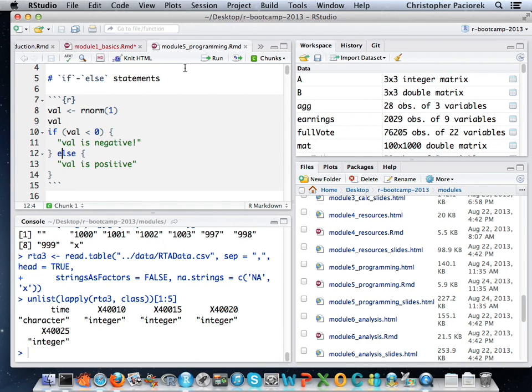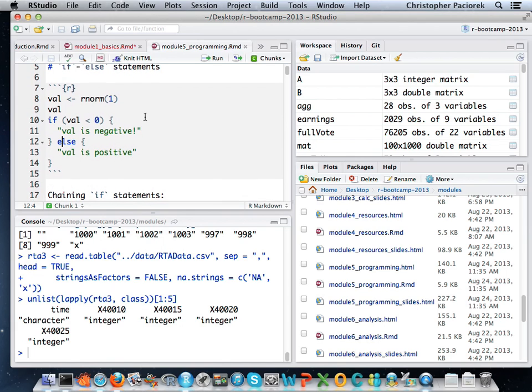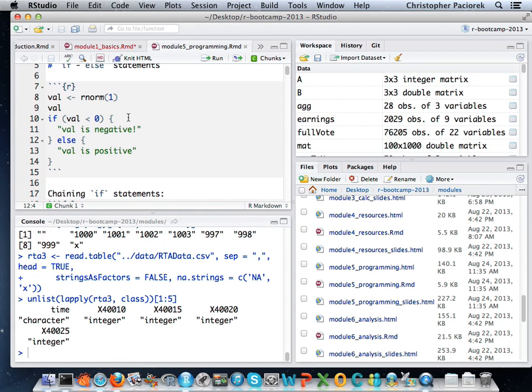Okay, so one thing that Chris has already covered is this idea of an if-else statement. Basically all we're going to be talking about is controlling the flow of your program, making it do what you want it to do. So this is the basic structure of an if-else. You have an if statement, and then you have a condition inside parentheses.